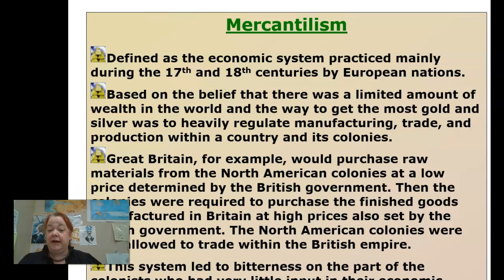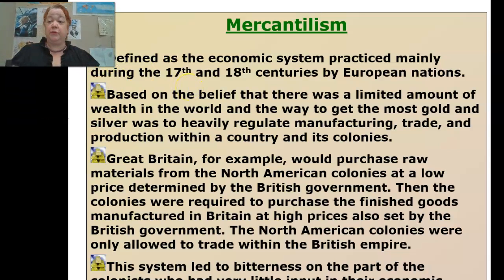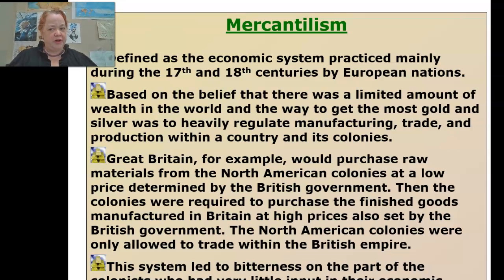Why did we need to be unified? Well, at that point it was the French and Indian War, but we had some other problems going on. Number one, mercantilism. It was a problem for the colonists. Mercantilism is never good for your colonists, no matter where you're colonizing. It is an economic system practiced mainly in the 17th and 18th centuries by European nations. They believed that their colonies were there for only their good, and that there was a limited amount of wealth in the world. We're going to see this as part of a problem when we go over the Industrial Revolution as well. Really, you should have gone over it last year in world history.